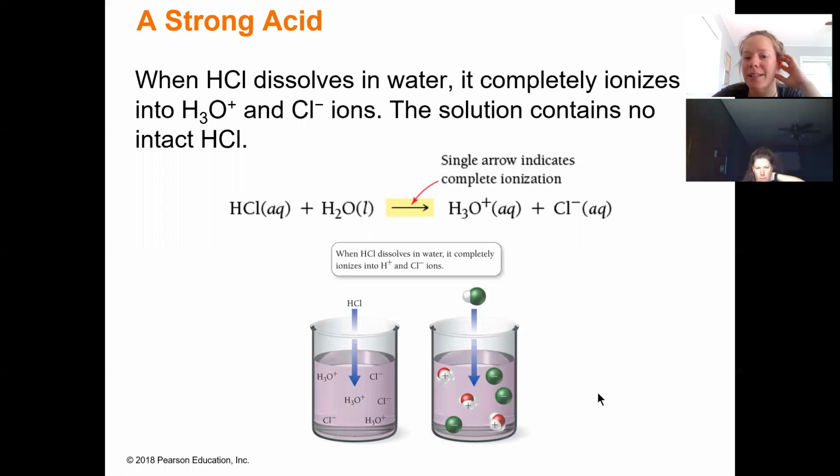One way that you can identify it, if you're looking at an equation like this, it'll have a single arrow. So you can see the hydrochloric acid, you drop it in water and every hydrogen will bond with the water to make that hydronium, right? So that's our acidic thing, and the chlorine will be floating around. So everyone breaks apart. In a weak acid,